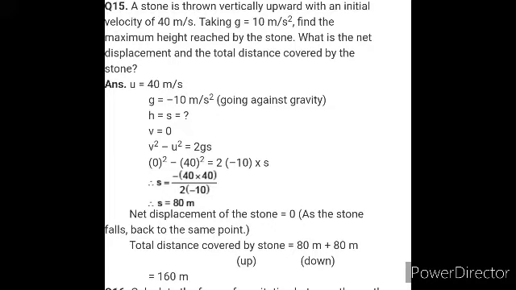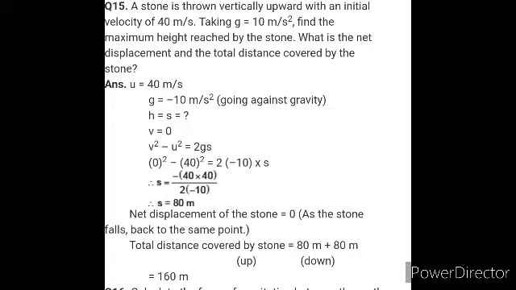So, okay. Repeating the question again and writing all the given points. The stone is thrown vertically upward. You have thrown it in the upward direction with an initial velocity of 40 meter per second, that is u is equal to 40 meter per second. This is the first point. Then g is given as 10 meter per second square, but we are going to take it as minus 10 because it is against gravity. It is going in the upward direction. So, minus 10. And s we have to find out, the maximum height, or h you can say.